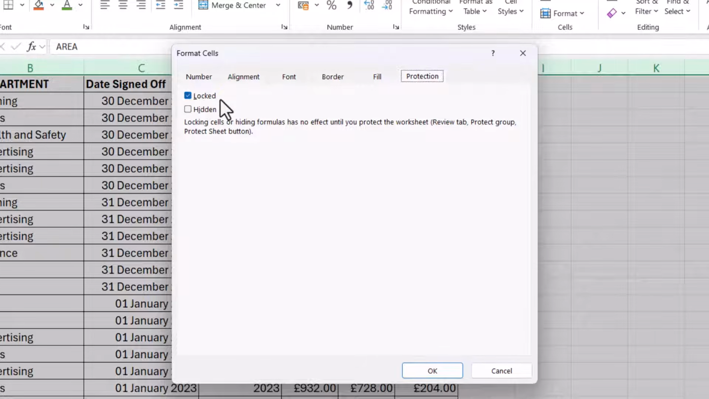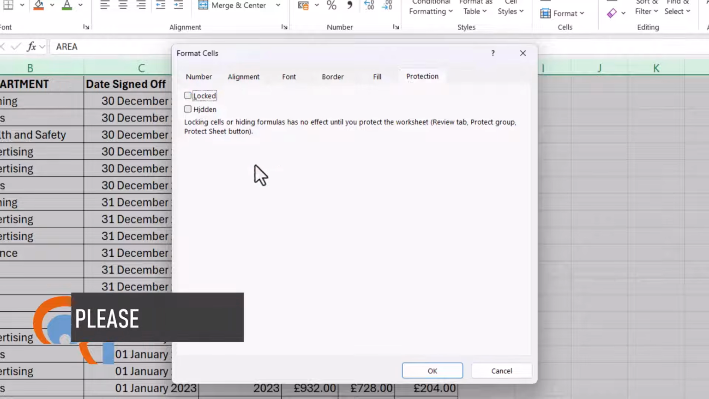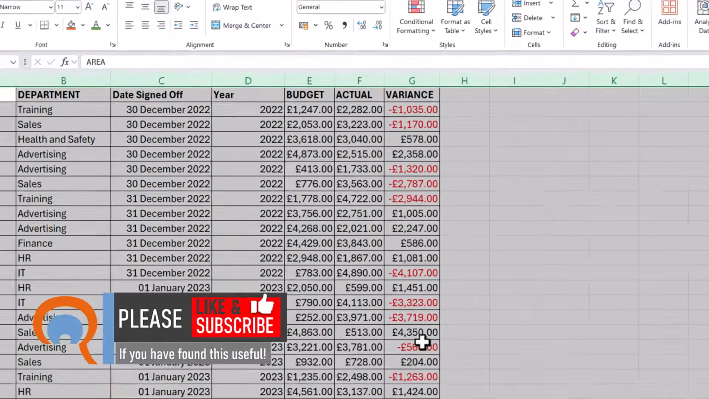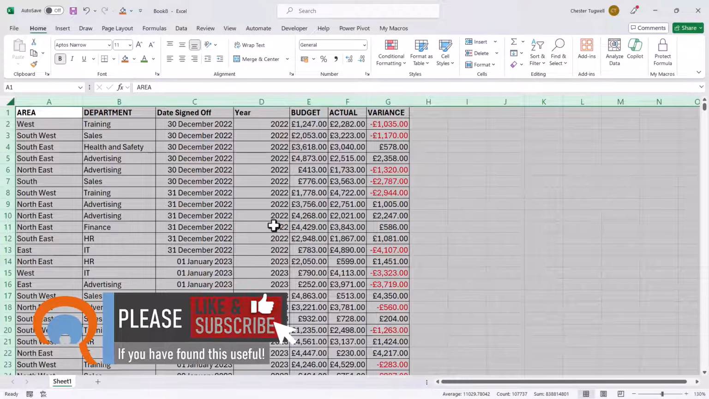Now this lock doesn't come into effect until we protect the sheet. So what we have to do is unlock all cells, then relock the columns that we want to protect, and then protect the sheet. So we unlock all cells and click on OK, and then we're going to relock both